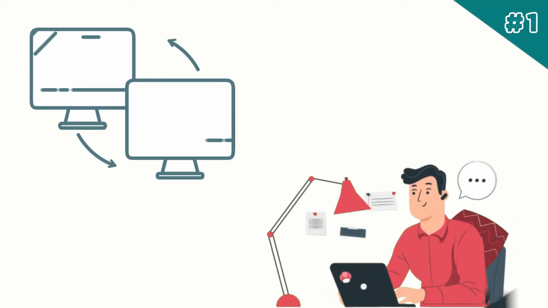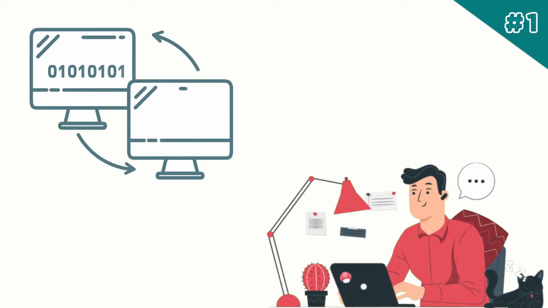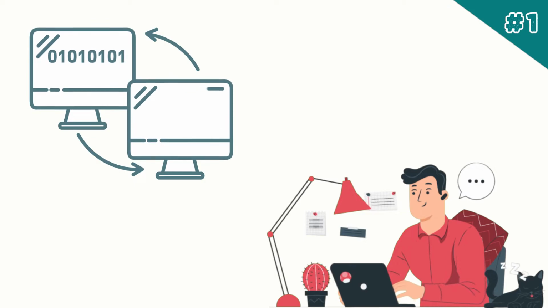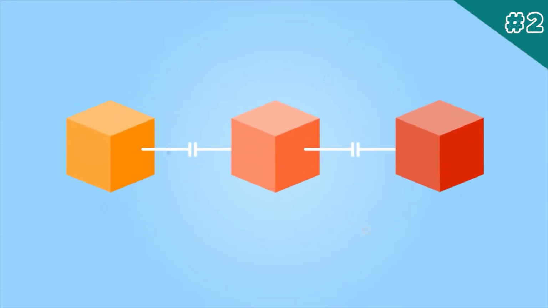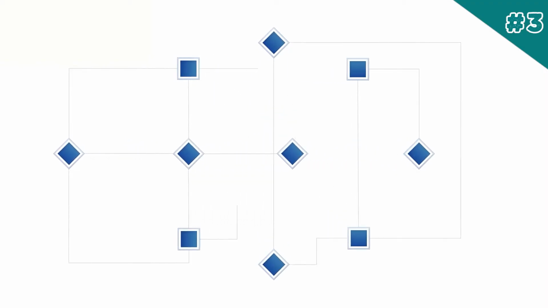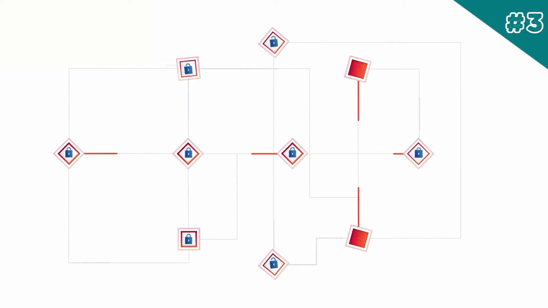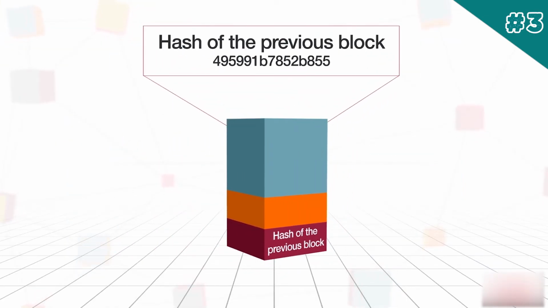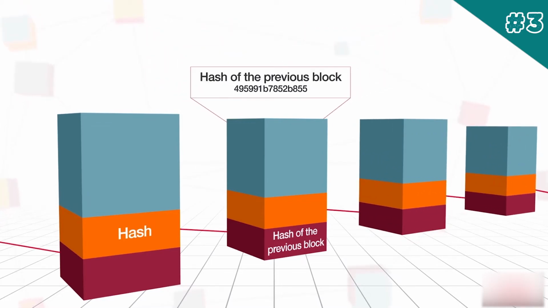How does blockchain work? Let's review how blockchain works in steps. Step 1. In the first step, a transaction is requested. The transaction can be either to transfer information or some asset of monetary value. Step 2. A block is created to represent the transaction. However, the transaction is not validated yet. Step 3. The block with the transaction is now sent to the network nodes. If it is a public blockchain, it is sent to each node. Each block consists of the data, the previous block hash, and the current block hash.